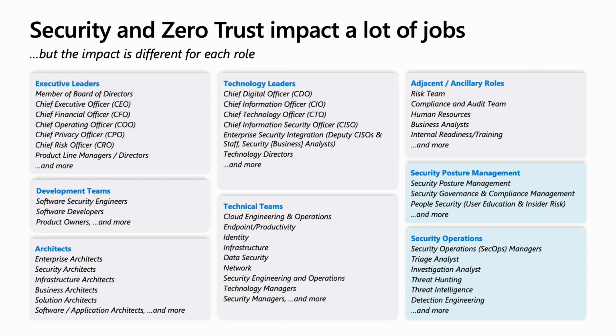The technology leadership, CIOs and CISOs and technology directors, all have a part to play in that. Even up in the executive and boardroom, they ultimately are accepting the risk on behalf of the entire organization. And so security risk does have to be part of that, because if an incident happens, it affects the entire organization's revenue and budget, not just the security teams, right? And so they have a part to play in it, as do development and architects and the like. So lots and lots of folks actually have a role in security.